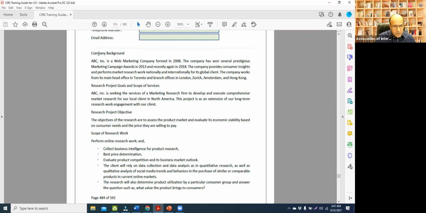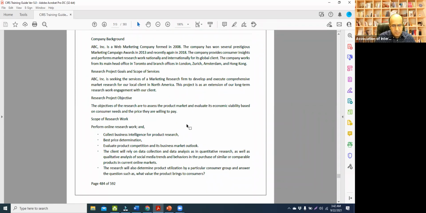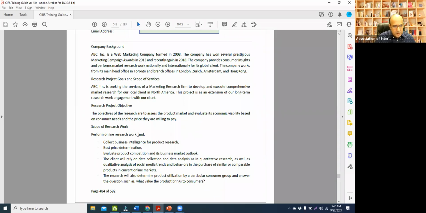It has company background, goals and scope of services, research project objectives. Goals and objectives are very important because they give you an idea of where they're coming from and in what sense they would be using that research work, a general idea,